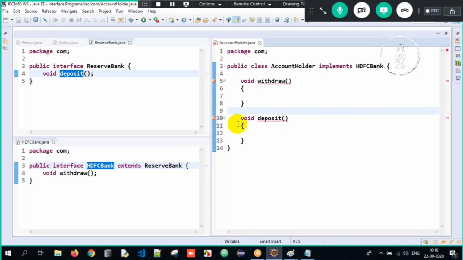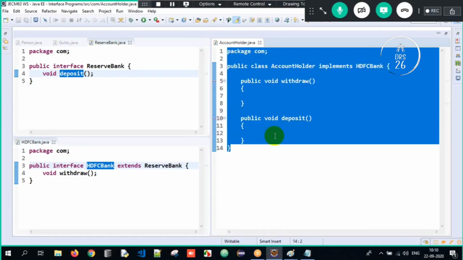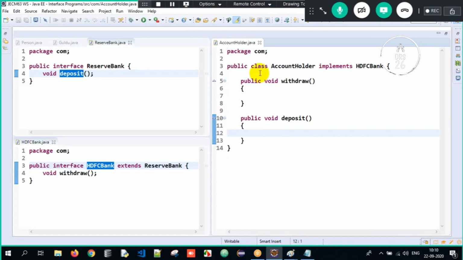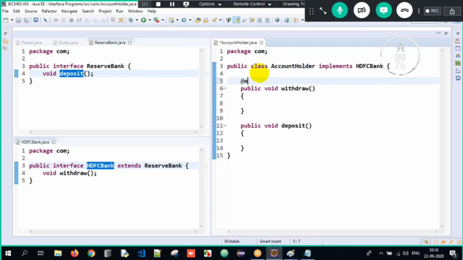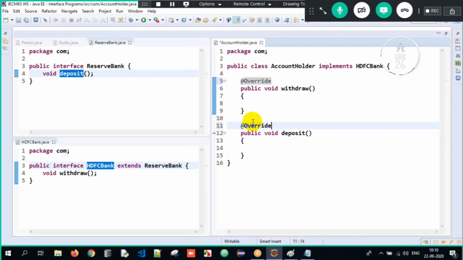Why? Sir, while overriding a method from an interface, the access specifier has to be the same or of increased visibility. So therefore, make it public. If you don't make it public, the compiler will nicely scold you. So he's scolding me. I have to change it to public here. Optionally, I can make use of the annotation Override if I'm overriding.